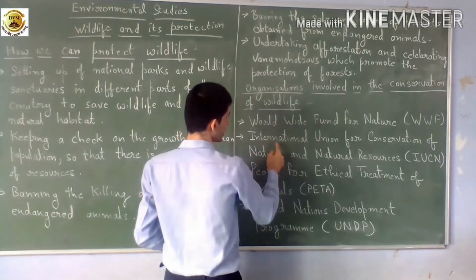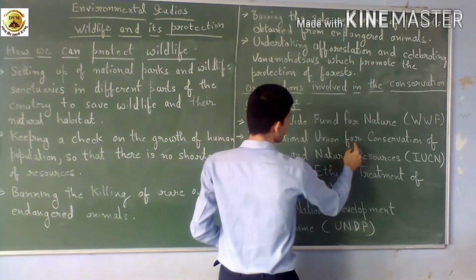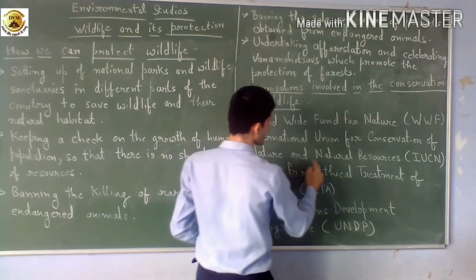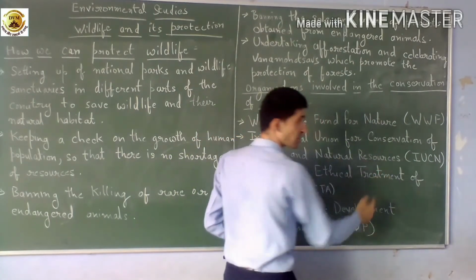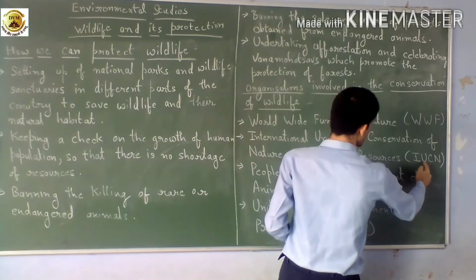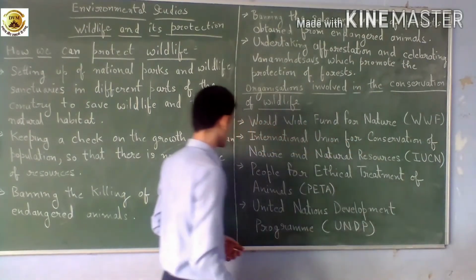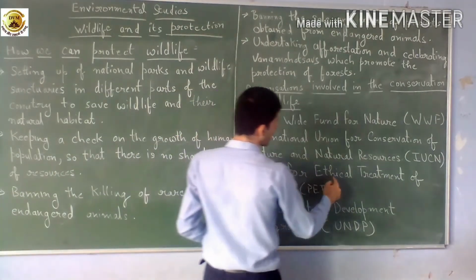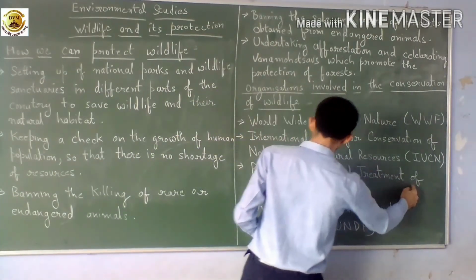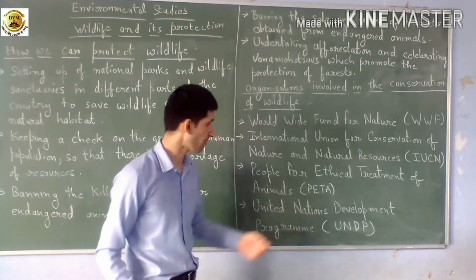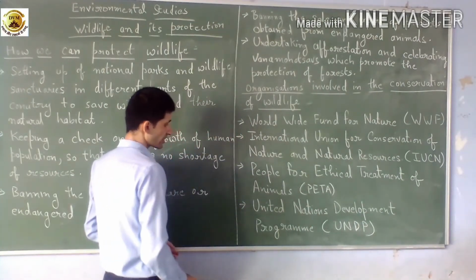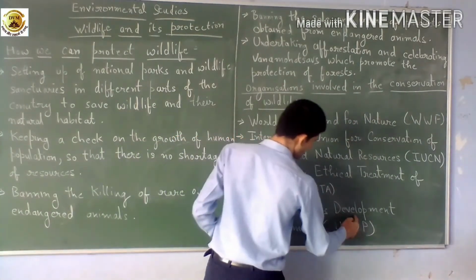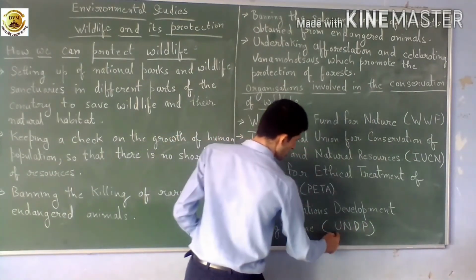Number 2, International Union for Conservation of Nature and Natural Resources, short form IUCN. Number 3, People for Ethical Treatment of Animals, short form PETA. And number 4, United Nations Development Program,